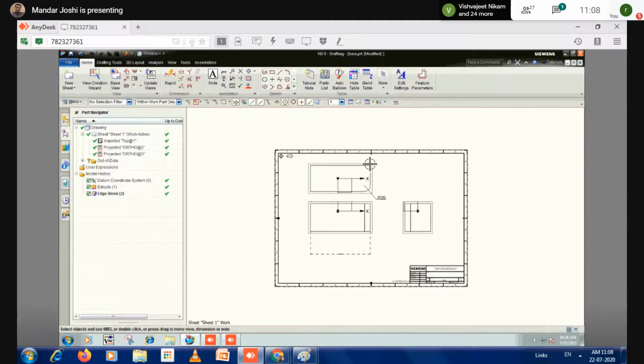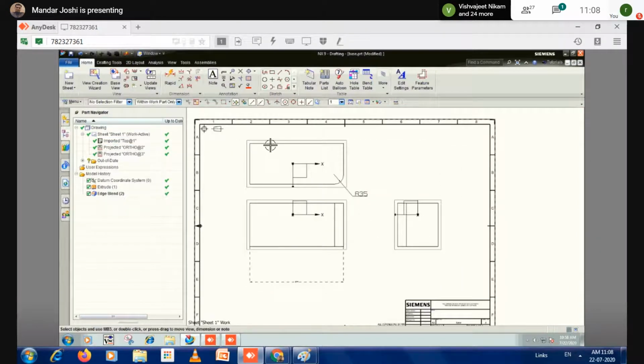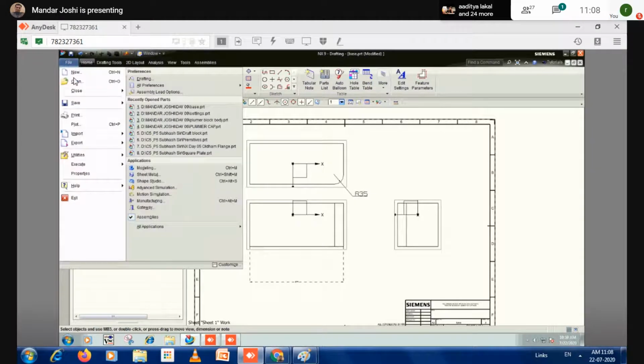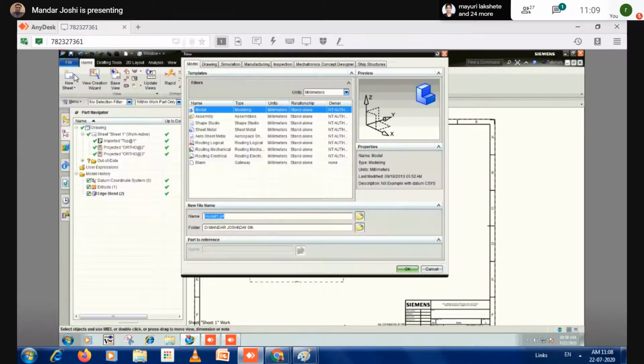Okay. So what is the benefit? It is the settings you do one time only using setting files. No need to create that setting again and again. But if you use this method, take a new file and go from the new options, then every time you have to do all the settings.